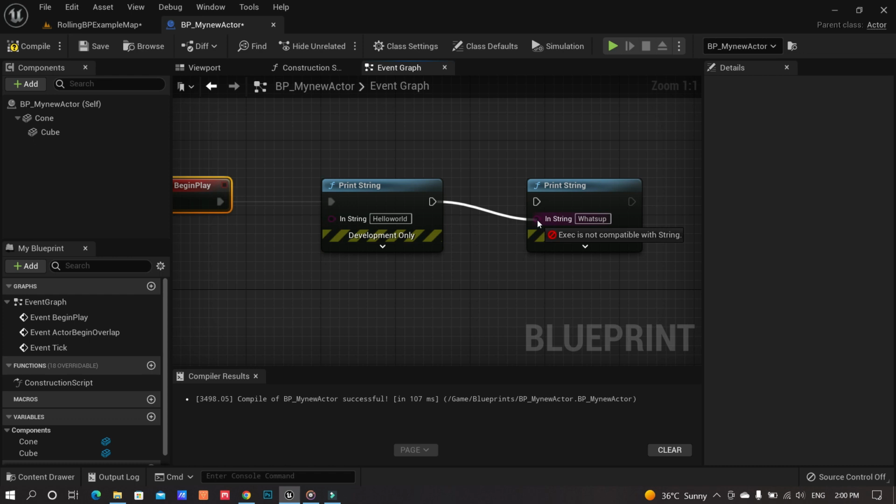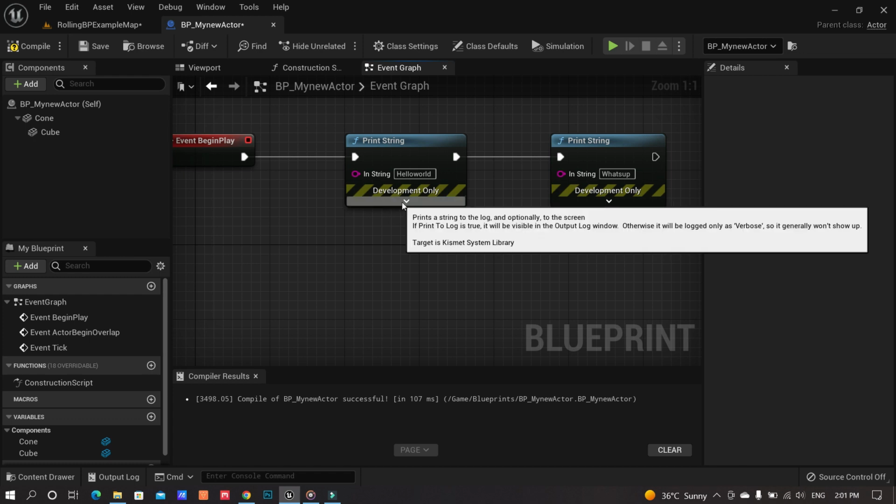So this is showing that this is not actually a valid connection. It is not of the same nature, and so it will not even allow you to connect. See, it doesn't allow it. So once you have this particular check mark, it means you are making a valid connection, and it will execute as per how the instructions are being given to Unreal Engine. So let's do this one.